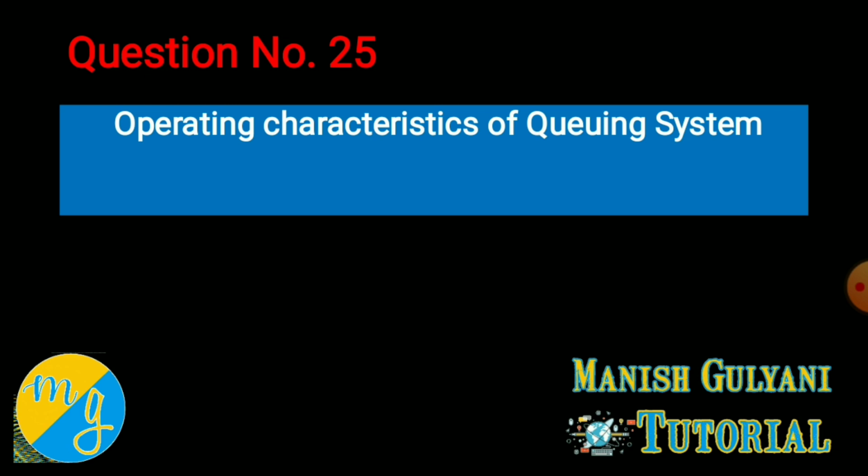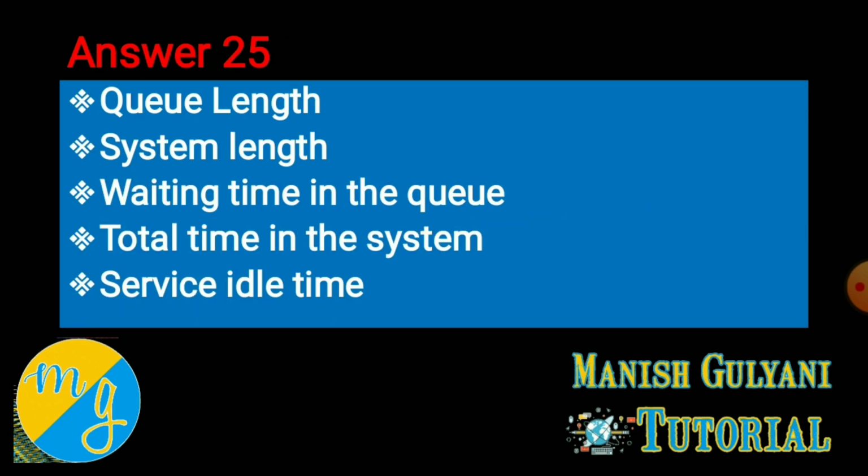Now, operating characteristics of queuing theory. I already explained this question in the queuing theory video, in which I explained the meaning of queuing theory, operating characteristics of queuing theory, and models of queuing theory. There are mainly 5 characteristics of queuing theory. One is queue length. Queue length simply means